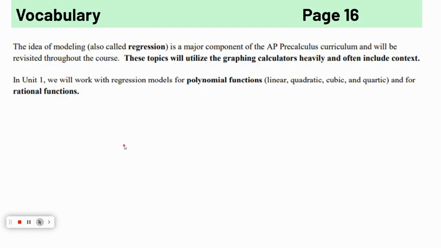Today we're talking about the idea of a regression equation and modeling our tables of values with an equation. So we're going to talk about how to use our graphing calculators. You're going to need to have a graphing calculator out for this lesson. For Unit 1, we're going to work with just linear, quadratic, and cubic. It says quartic, but we're not going to do any of the quartic ones this particular